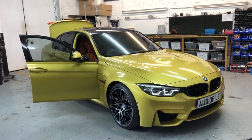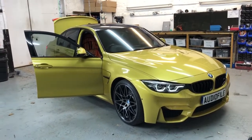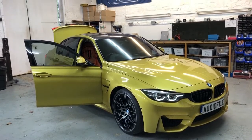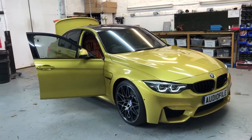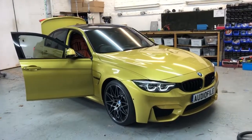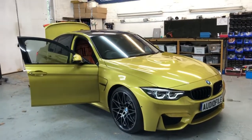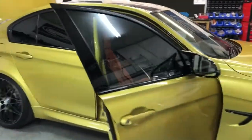Today I want to take you around this fantastic looking BMW M3 competition. So we've done quite a bit to this car. We've done our System 3 Plus from Harman Kardon, but actually we've also done a party sub, a twin party sub, which we've not shown you before. We've done front and rear cameras, we've done a ghost immobiliser, we've done S5 Plus tracking, tracking with remote immobilisation. So quite a bit of kit gone into this car. So if we take you around the inside,